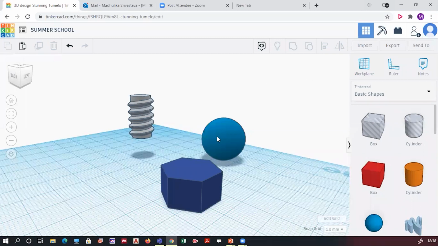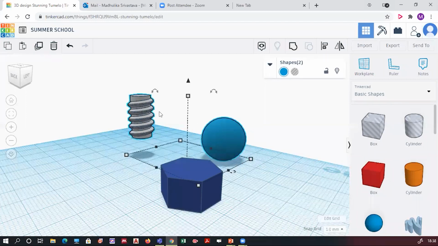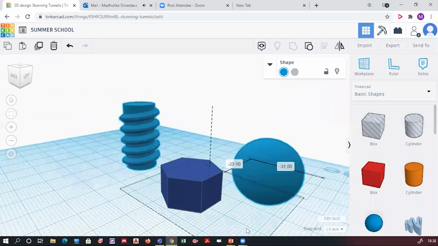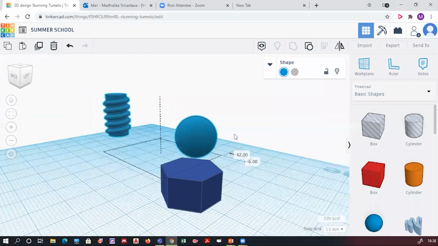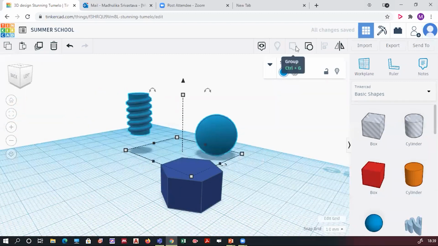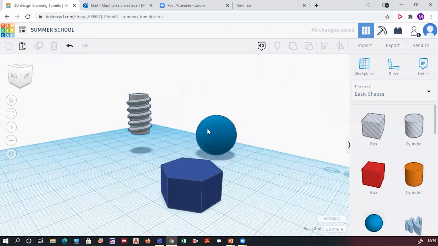Group and ungroup once again. I'll select one object, and while pressing the shift key, another object. I have an option over here, group it. The third option is for grouping. I've grouped it. After grouping, you will see both the objects coming in the same color. Now I can select and drag them anywhere in my workplace. These are grouped together. Now I want to ungroup it. I will go to the fourth option, which is ungroup. Just click on that and it again becomes an individual object.